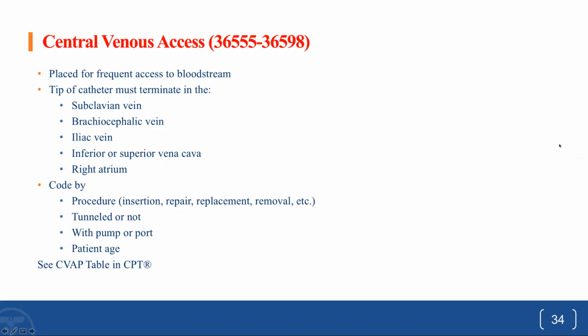Okay, and then next to CPT code 36245, that's going to be your first order. 36246, that's your second order. And 36247 is your third order. And on page 236,